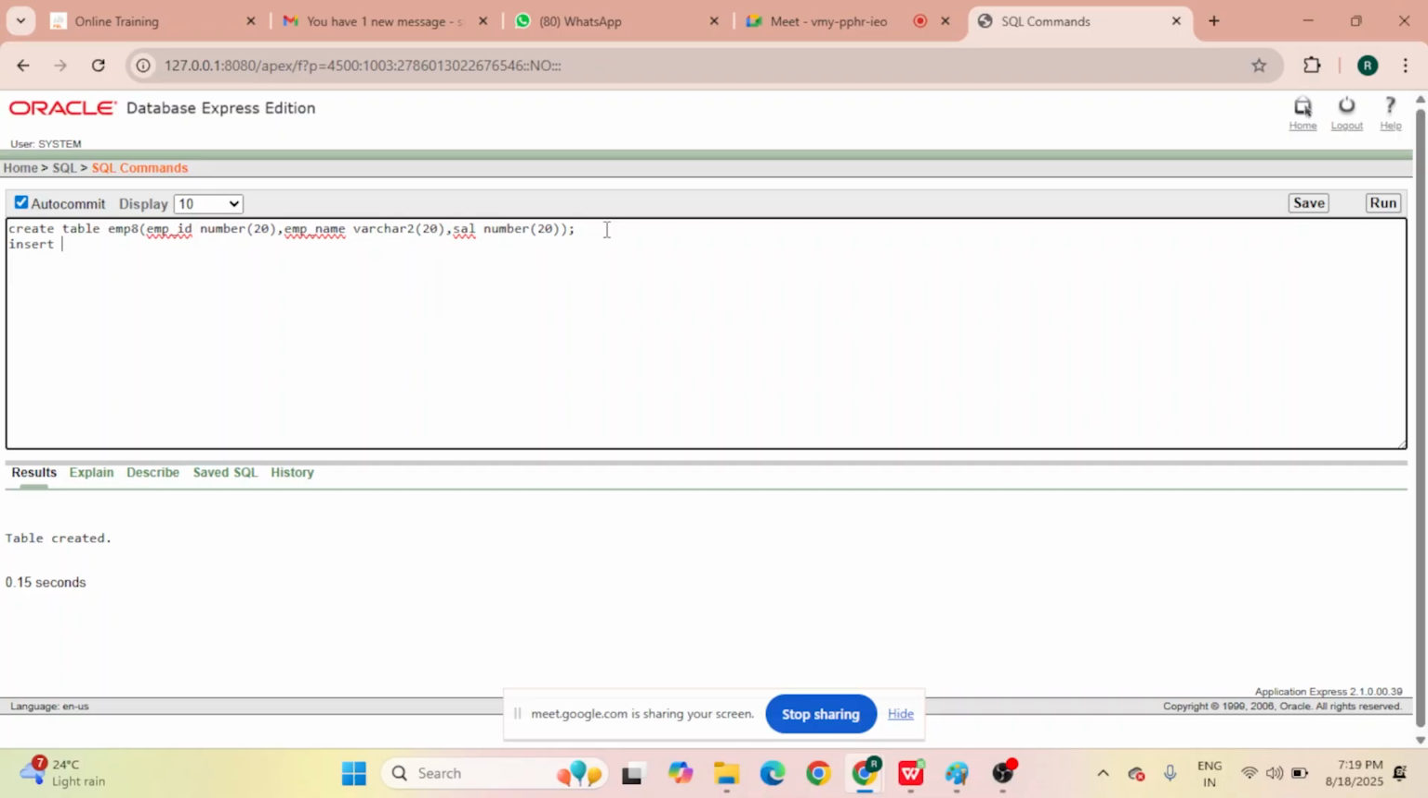Now if you want to see the structure of the table, we already have the query, describe emp8. Now